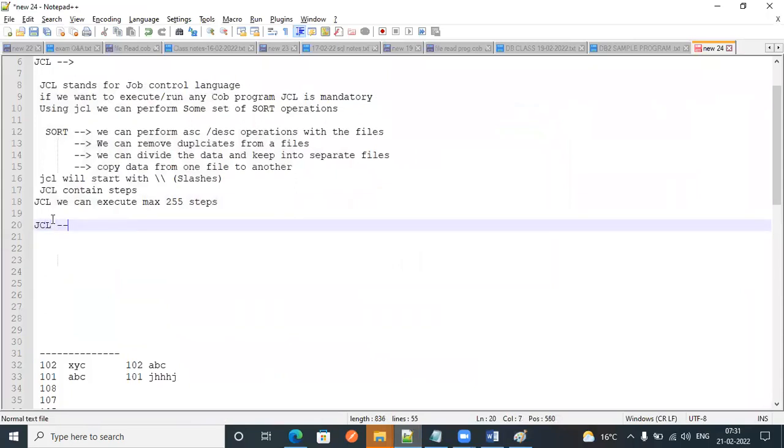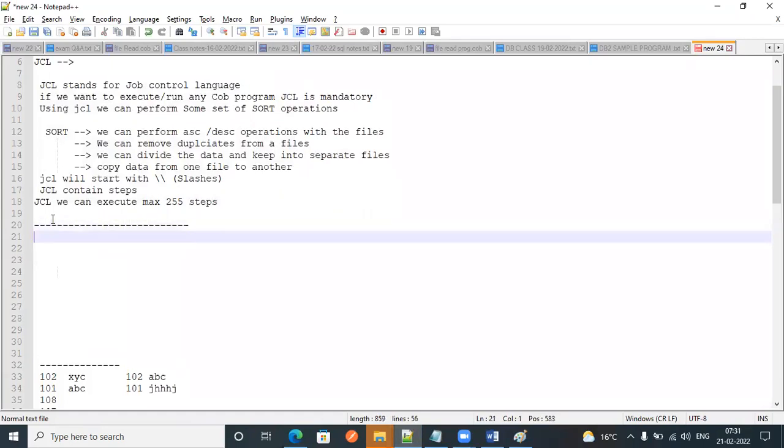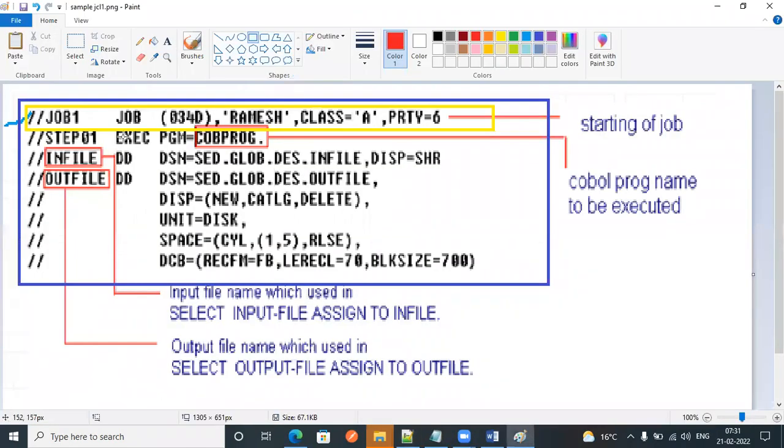So by seeing the JCL itself, how are we going to decide whether it is a JCL or not? It starts with a slash and it contains a job name and job card.